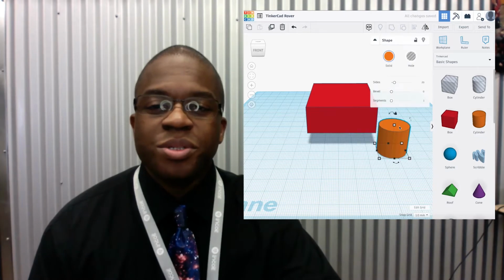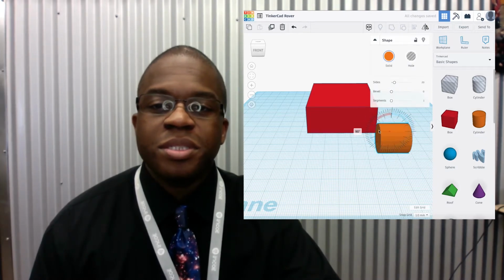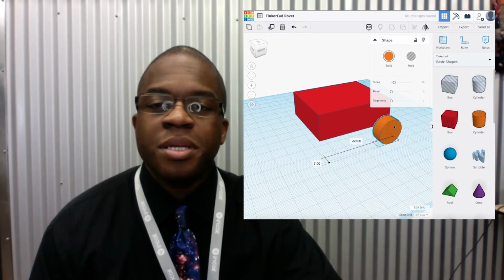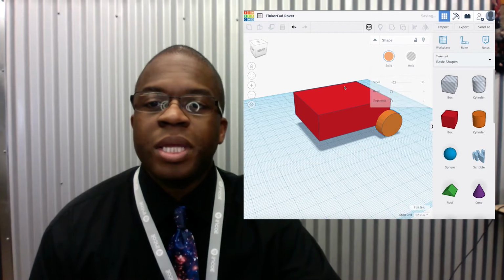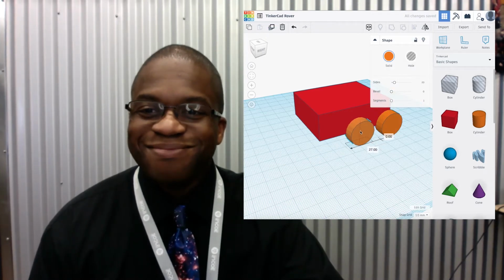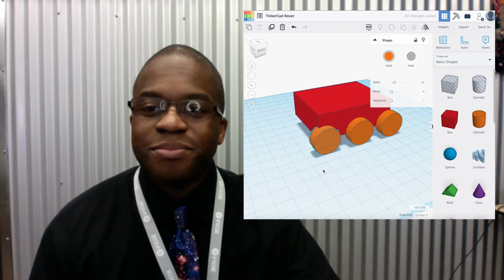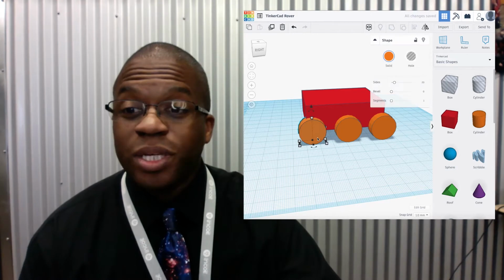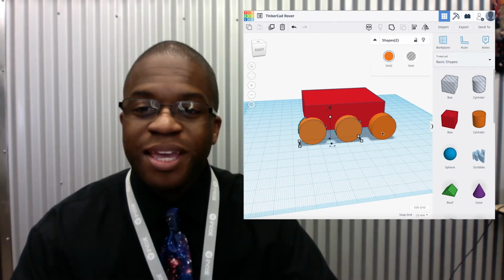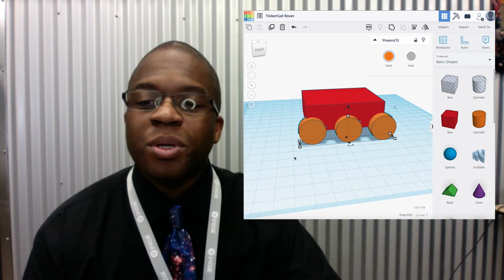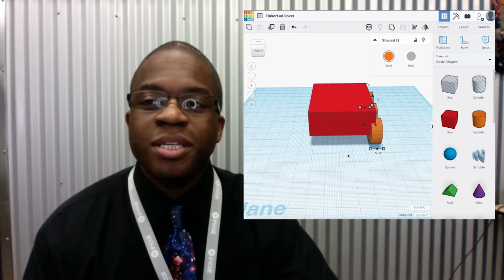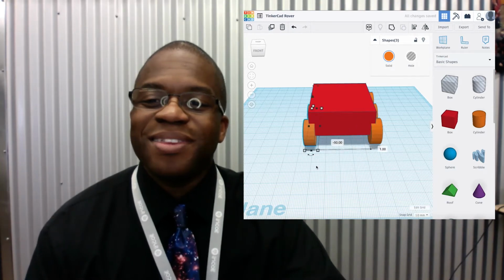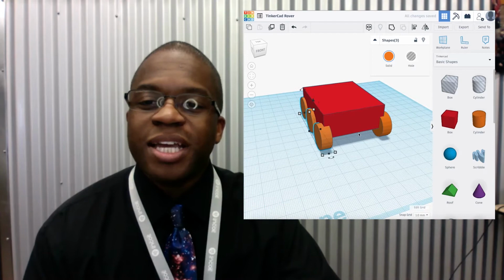I can drag over a cylinder. Create a wheel. And another wheel. And even a third wheel. I'm going to hit a wheel. I'm going to hold down shift, hit another wheel, and then another wheel after that. I'm going to right click and drag to turn it. And I'm going to hit duplicate. Oh, there we go. We're starting to look kind of like